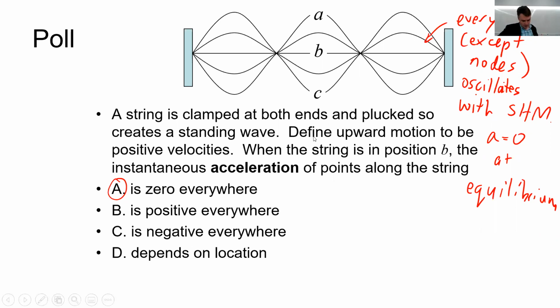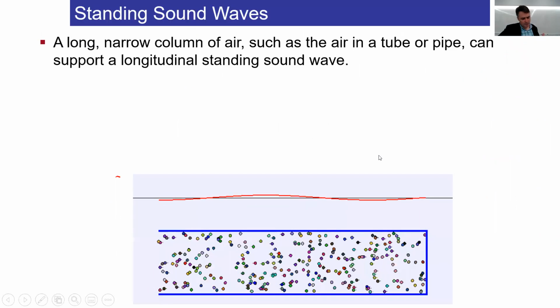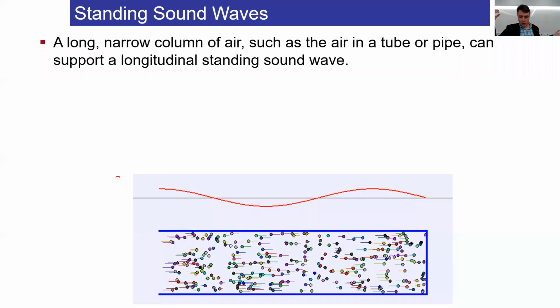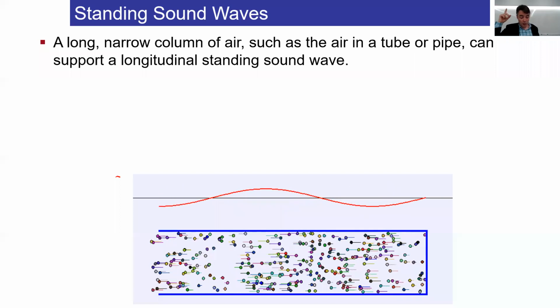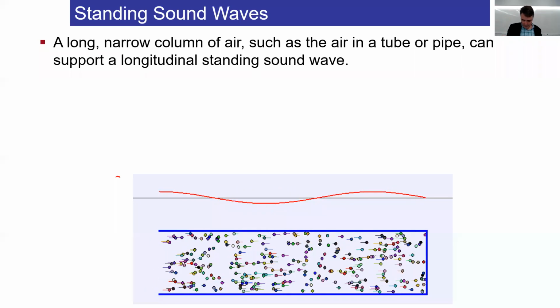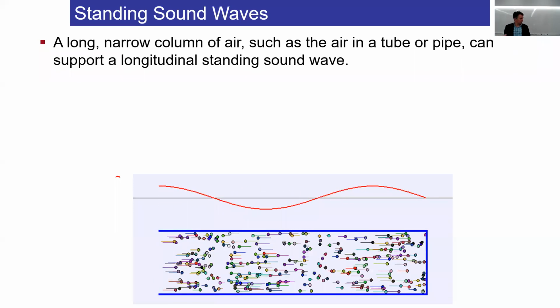Okay, I'm going to continue on here. This is talking about standing sound waves. A long, narrow column of air, such as the air in a tube or a pipe, can support a longitudinal standing sound wave. And the way it sort of looks is this. You've got